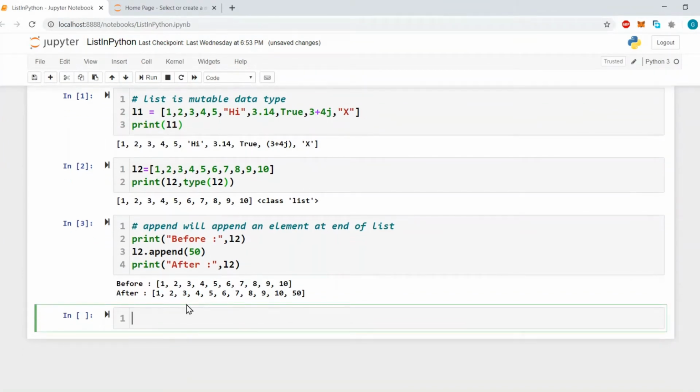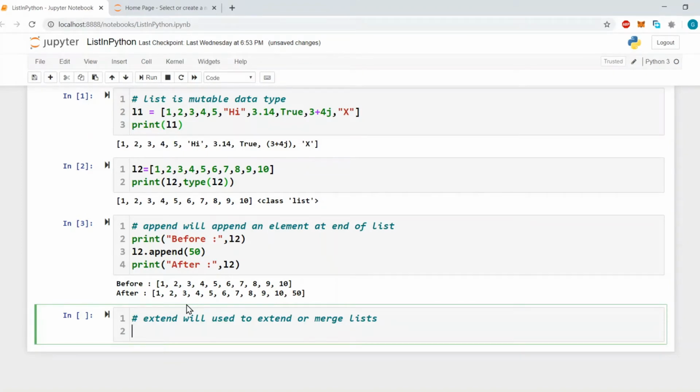Now similarly there is another method, extend. What will extend do? Extend will extend the list. It can also be used to extend a list or merge lists.